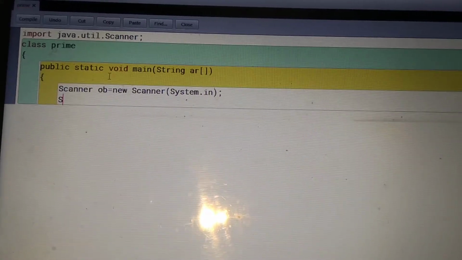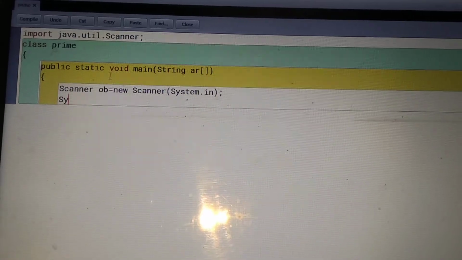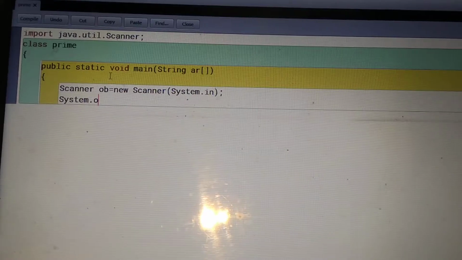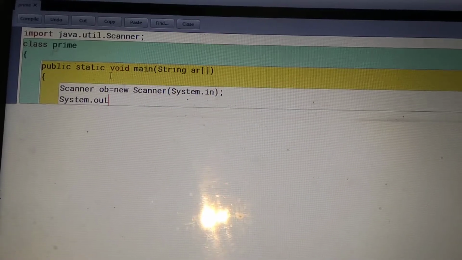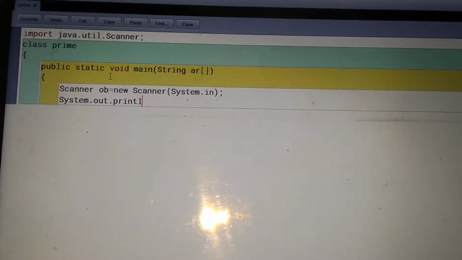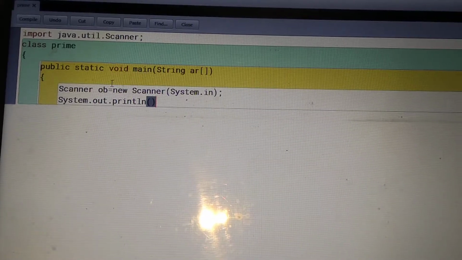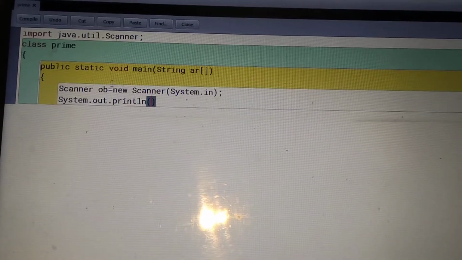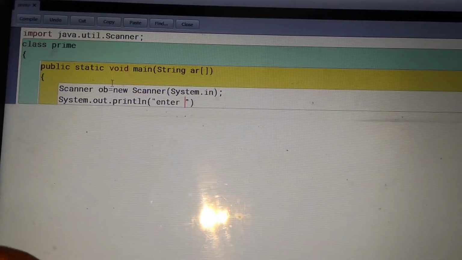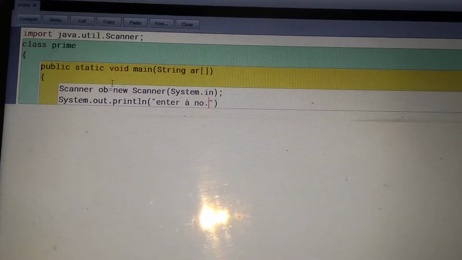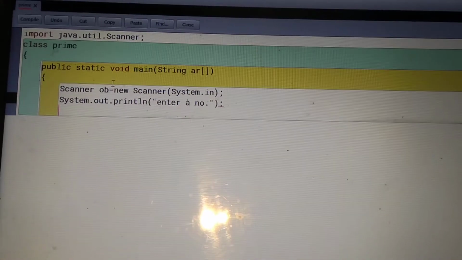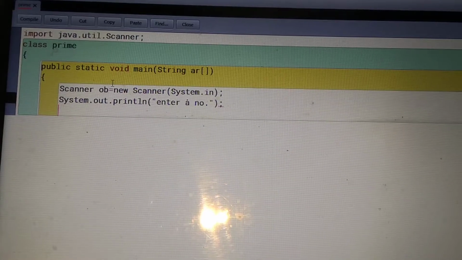After this, we write a message, means print a message: System.out.println, message: enter a number. After this we take the input from the user.